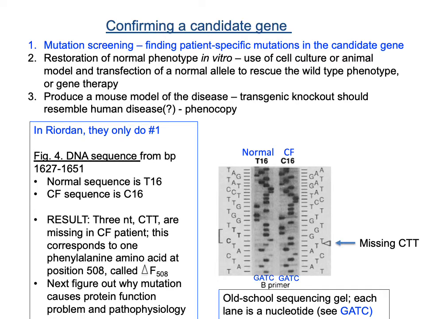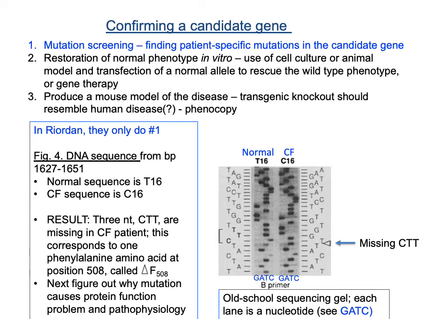The third type of criteria would be to phenocopy. We talked about using RNAi to do this in Module 2. You can also make a mouse model of the disease. You could make a transgenic knockout mouse, and if you knock out this gene, you would expect that it would mimic or resemble the phenotypes of the human disease. So in the Rommens paper, they only do the first type of method. They're going to show us in Figure 4 the DNA sequencing from a normal individual compared to a cystic fibrosis